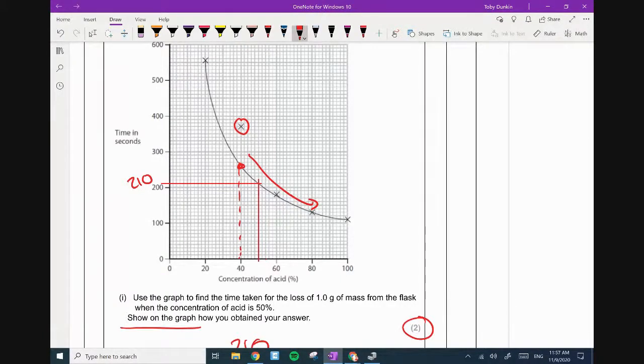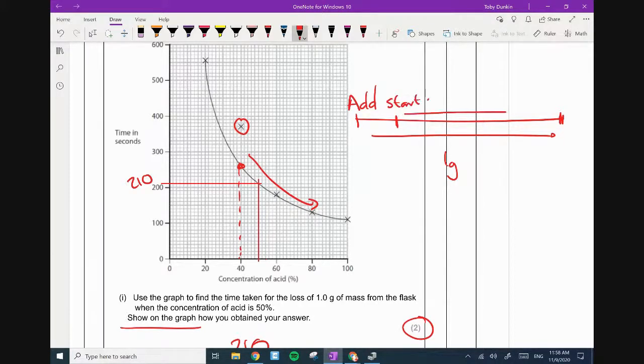Yeah, imagine this as a timeline. Imagine that she adds it here. Yeah, add there. The time taken would be the length of the line. So the 1 gram decrease is all the way to the end. So let's say that's the time. But if she added the 1 gram and started the timer too late, yeah, start there, she's going to get a smaller value for the time.